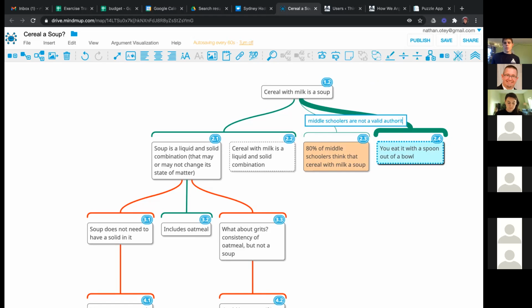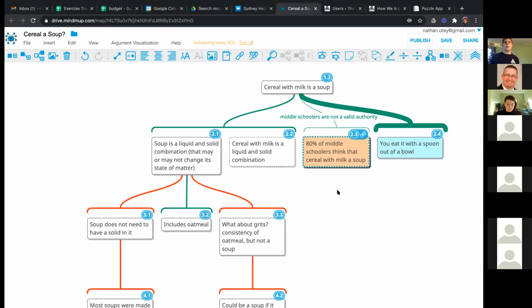The other things that you can do with MindMap that are worth mentioning here, one is you can add URLs. So if I had like a link to a source, maybe I found like a Pew survey of middle schoolers, I could just paste the URL in the box here, and MindMap will automatically generate a link to that source. So this is really nice when you're making historical arguments, right? Because a lot of times you want to link to historical documents or just other pieces of evidence, other sources. You can put those links directly in your map. So this is a great tool for students to assemble research as a way of preparing for an essay that they're going to write or a class discussion.